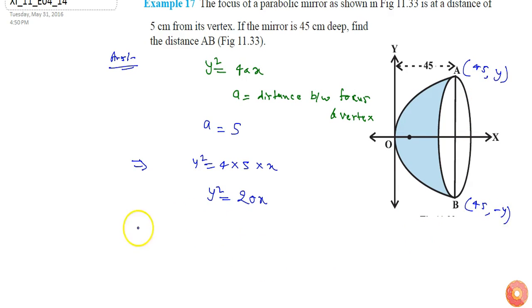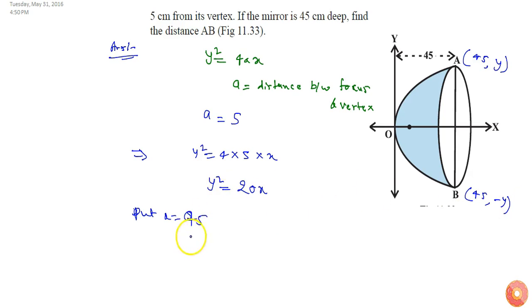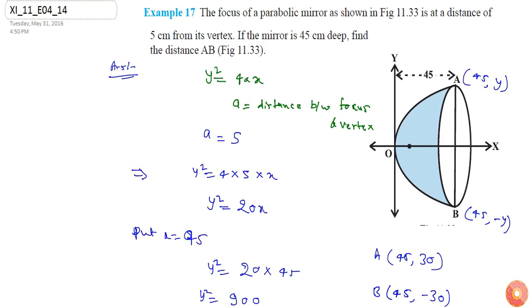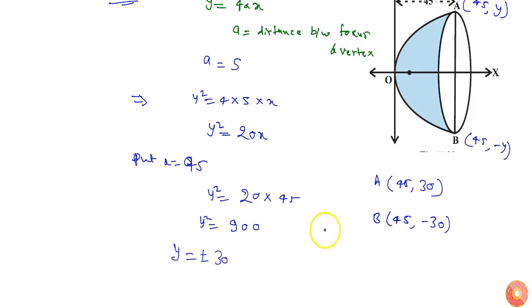So if I put x equals 45, I will get the value of y. So y squared equals 20 into 45, which is y squared equals 900. So y will be plus minus 30, which means point A is (45, 30) and point B is (45, -30). So the distance AB will be